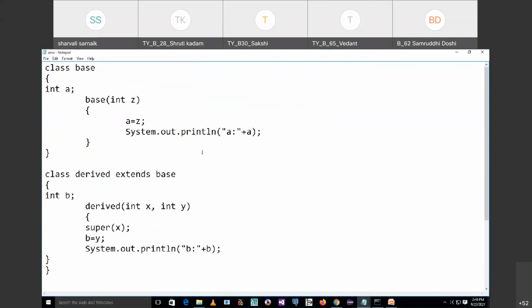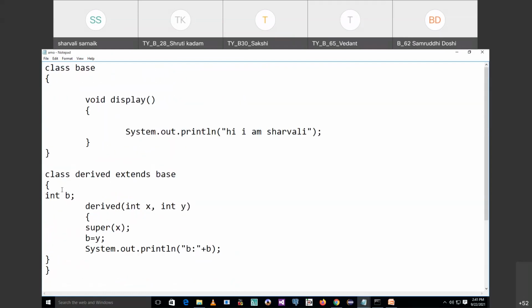So we'll see the method overriding. Now I have a class base, and in that class base, I'm taking a function void display. I have taken a function void display, and in that void display, I'm printing something.